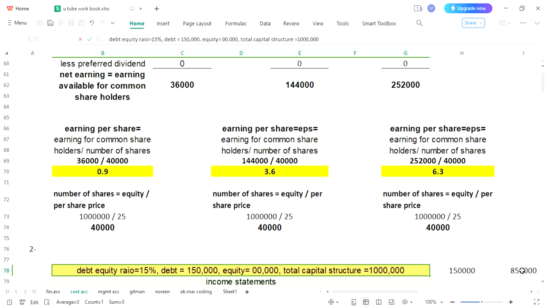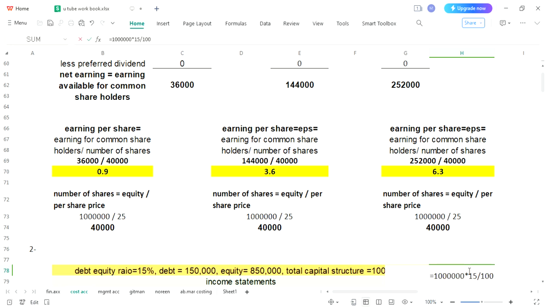8,50,000. Now you can see that we have 8,50,000 as equity. Amount of debt is 150,000. In this way, you can calculate your interest easily. Total capital structure is in front of you. And please note down how we have calculated this 150,000, because it was said